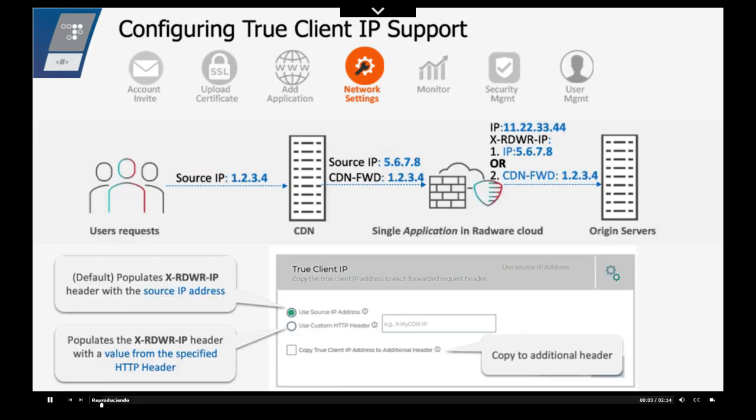When forwarding requests to your origin servers, Radware Cloud Services changes the source IP address in the request. By default, Radware Cloud Service adds the following headers to each transaction that is forwarded to the origin servers. X-RDWR-port specifies the TCP port of the incoming transaction. Example, 15234. X-RDWR-IP specifies the source IP address of the incoming transaction. Example,